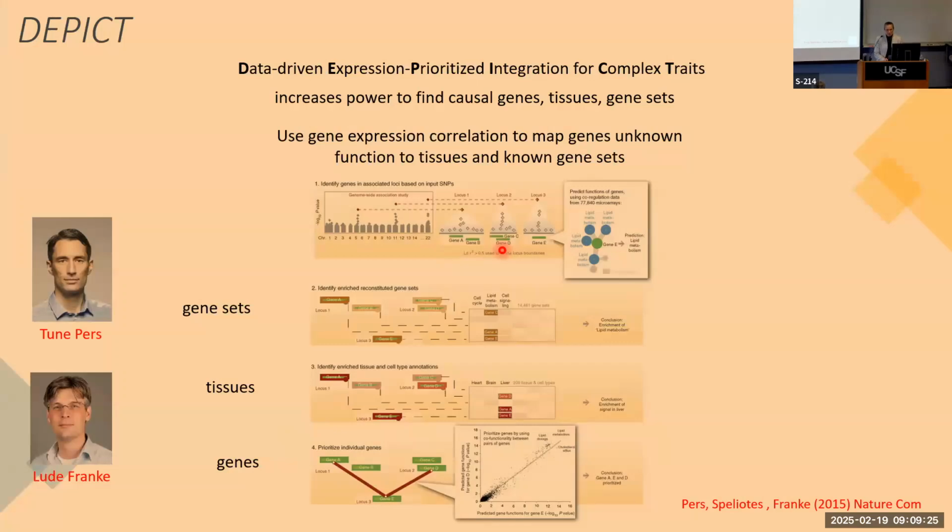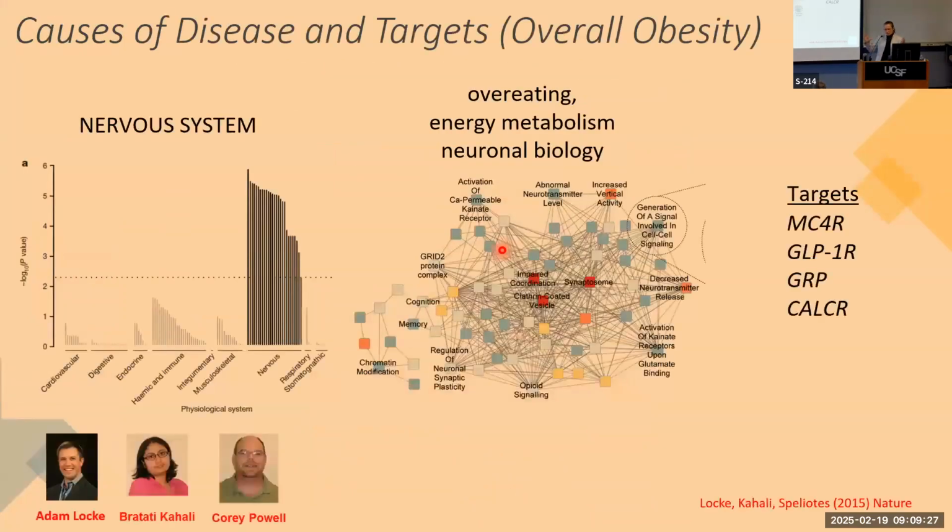So this was a huge advance, and it allowed us to take all those hits that we got and then map them to tissues. So for example, when we did this for overall obesity, which is BMI, we got the nervous system out. And then when we looked at pathways, it was overeating, energy metabolism, neuronal biology, but the majority of pathways were novel. And then we did have targets like MC4R, which we knew was a positive hit because